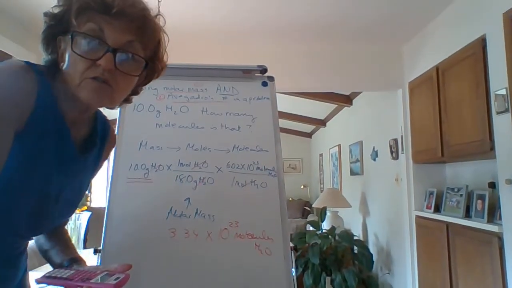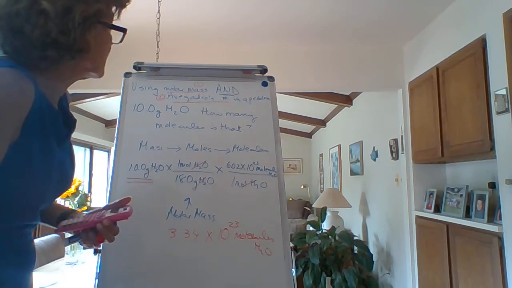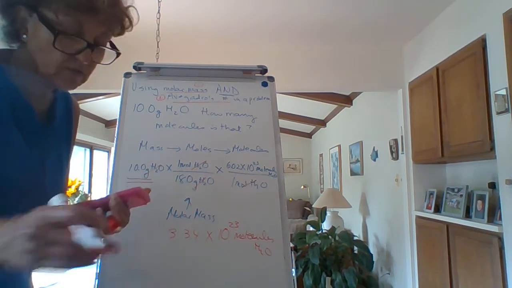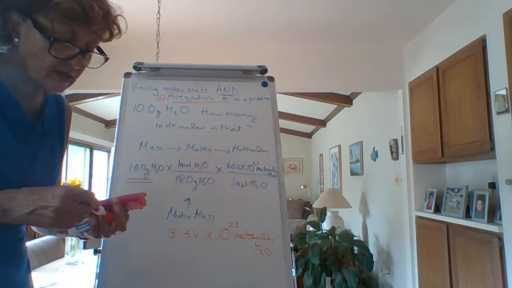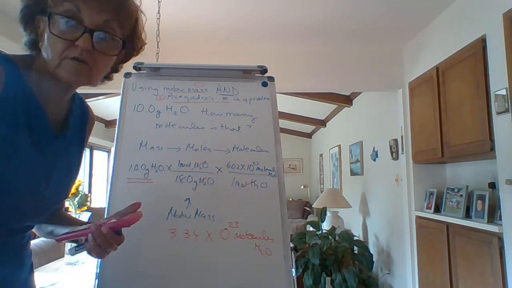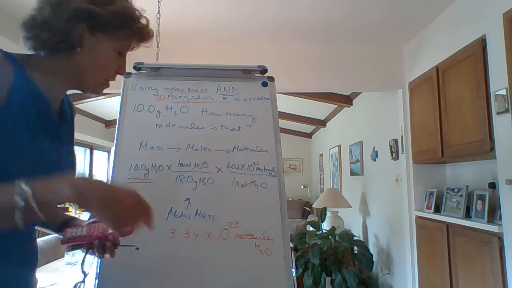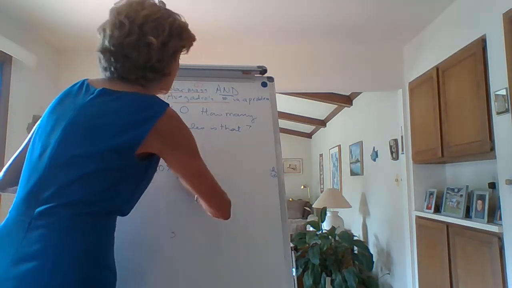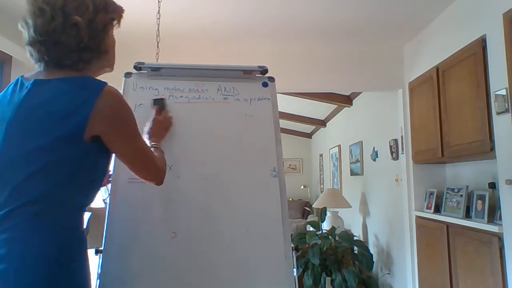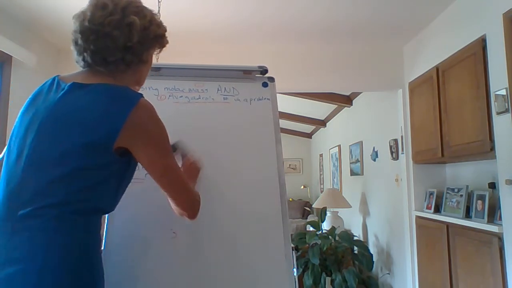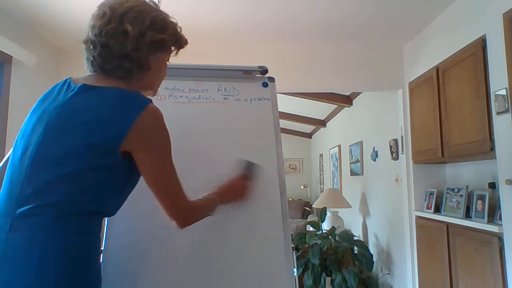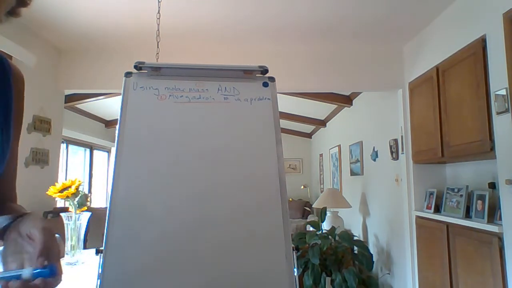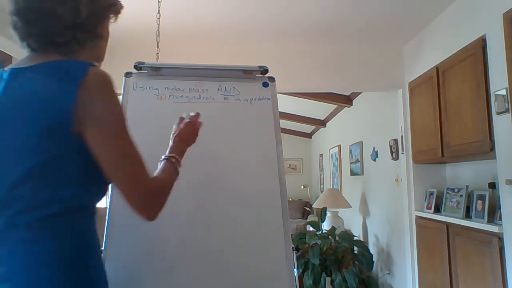Okay, so that's how we can go from grams all the way to molecules. Now let's do the reverse. Let's say I was given particles, molecules, or atoms, and I want to go to grams. So I'm going to erase this. And I'm still going to use both conversion factors, but I'm going to do the reverse. Let's say I was given